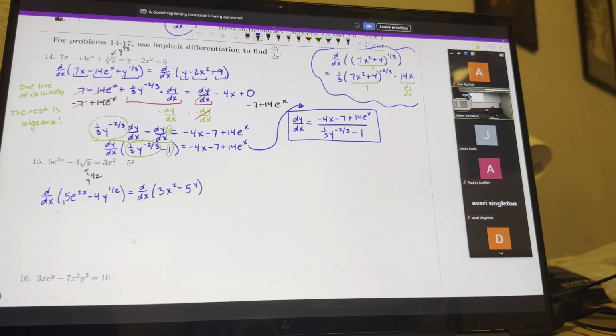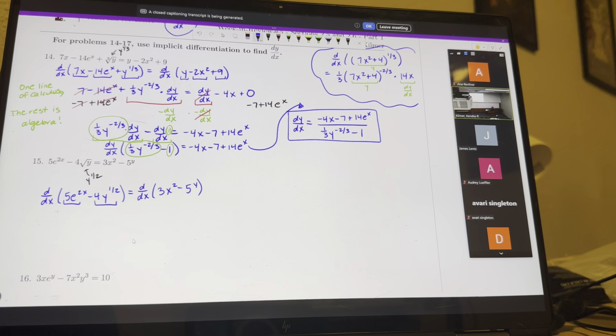Okay, so on the left-hand side, you see we're dealing with a difference of two functions. So we can find the derivative of each term and leave the sign in between. In finding the derivative of 5e to the 2x, that is just involving x, so we can use our regular rules, right? That's as if it was written in the first half of this section. So to find the derivative of 5e to the 2x,